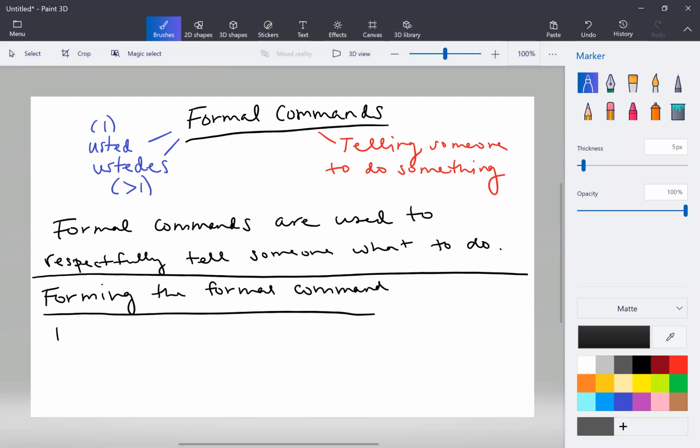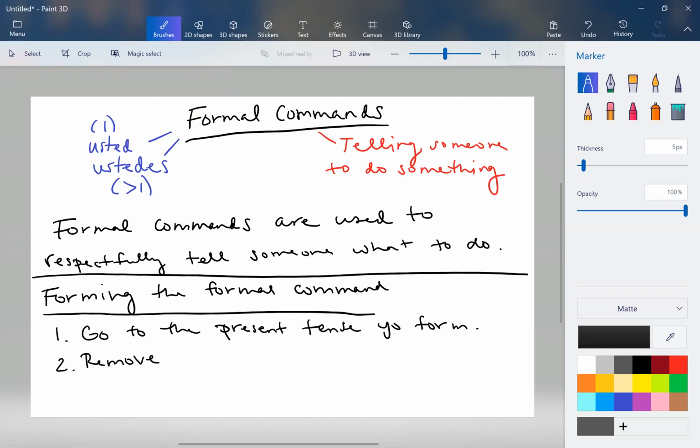So the first step is you go to the present tense yo form. You find the present tense yo form. The second thing you do is remove the O. And the third thing you do is add E or EN